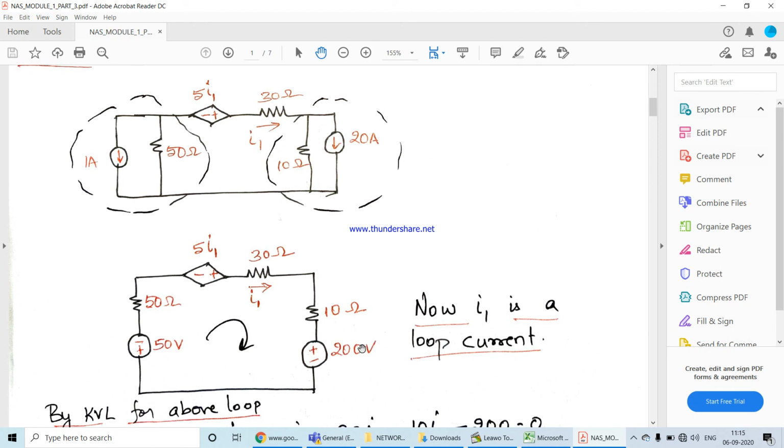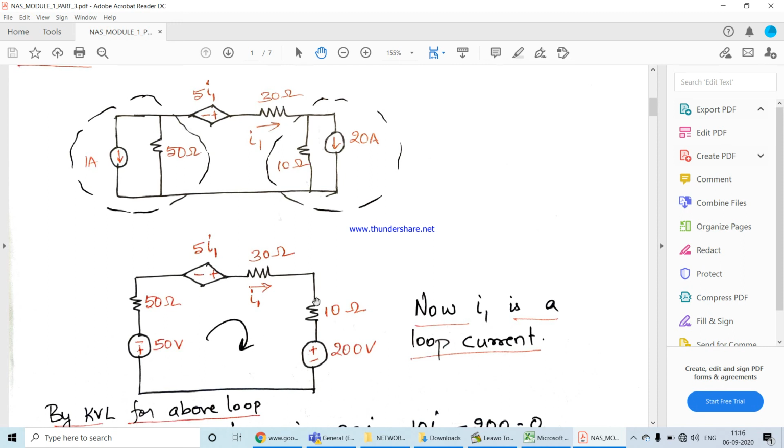I think now the job is very simple because we have one single loop here. So one single loop, and I hope in series current remains constant in the entire loop. Therefore, the current flowing through this loop is nothing but I1. So I1 would be the total current that flows in this particular loop. Okay, so let us find out what is total current I1.